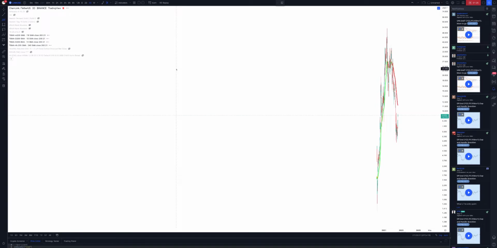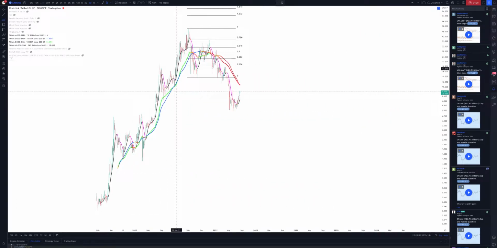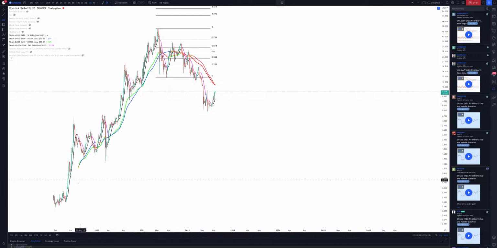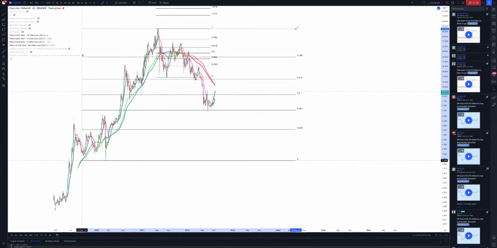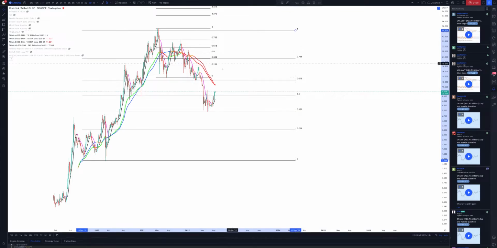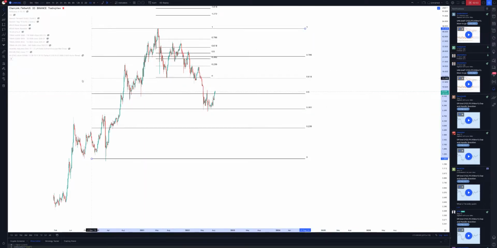Let's look at the daily, see what it's doing, and see if we can see any trends. So that didn't quite work there. If we do it there, that probably makes sense. From that previous bottom, we found the 0.382, and then you can see the 0.618. Let's just adjust it a bit more, and that's touched it there. So this is what we have. Now let's just get rid of some of the moving averages.